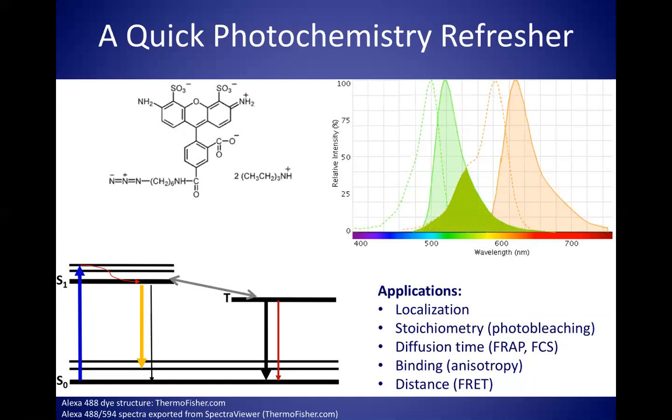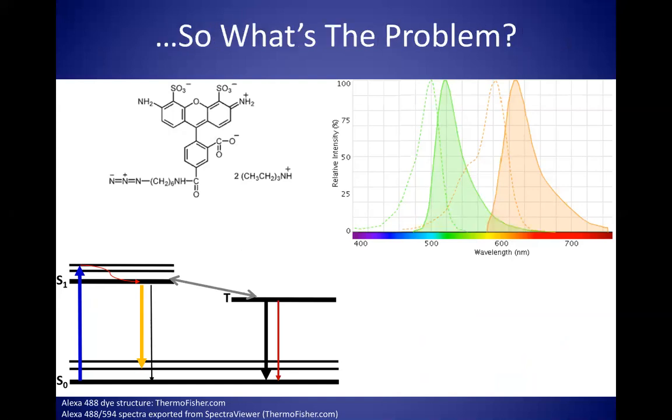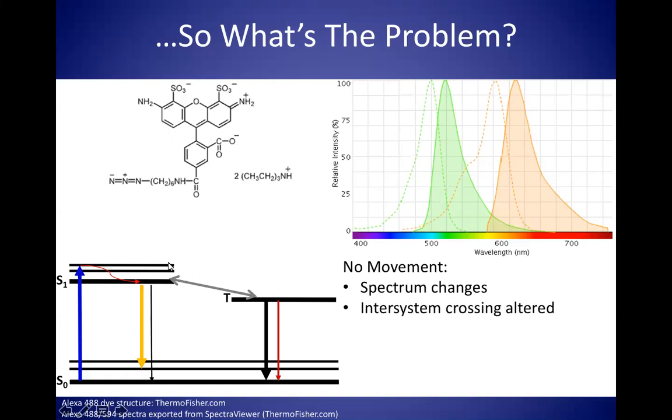So why am I telling all of this, and what is the problem for cryo? Well, the problem for cryo is that we have no movement. And with reduced movement, we see changes in these spectra. So the peaks can narrow, these shoulders can be affected because it's harder to transition between substates. Intersystem crossing rates to the triplet state are altered. We don't have collisions, which are one dominant way of getting out of the triplet state. And the spin flips also seem to be happening a little more slowly. And so what this means is that a fluorophore can spend up to 95% of its time in this dark,